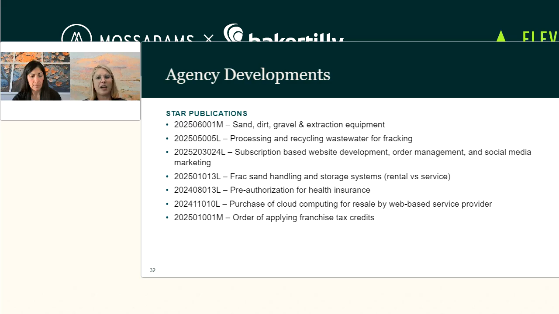The next one, again, maybe you're not in the business of insurance, but the issue here is whether this was a professional service that was being provided, or did this fall into data processing or an information service? The company was doing pre-authorization services for healthcare, and it was whether or not it fell into a taxable insurance service. And it was determined that it did not, and that it was also not data processing or an